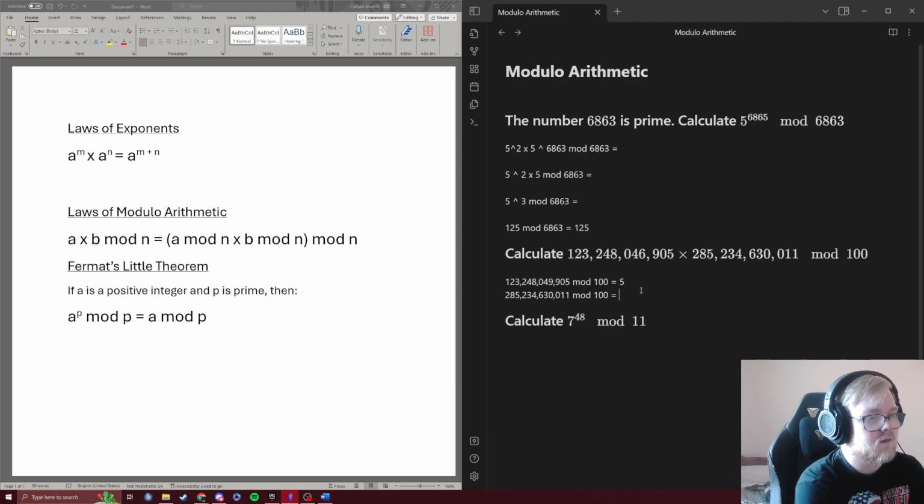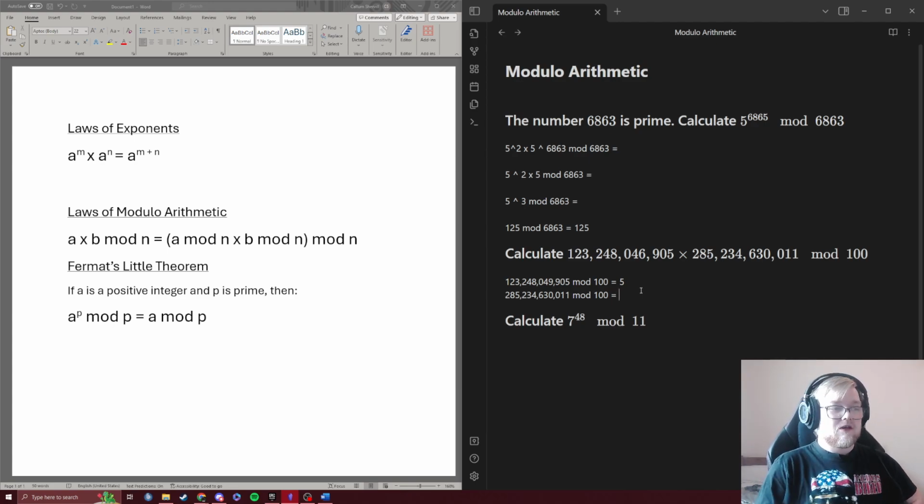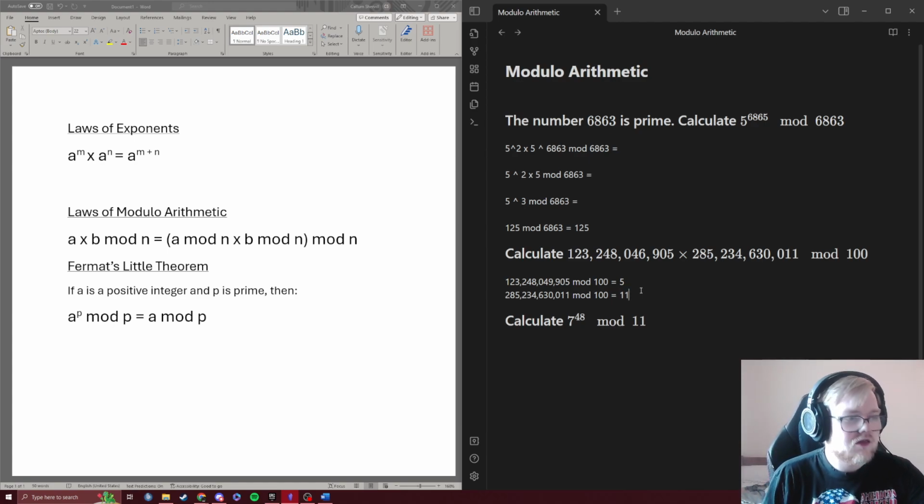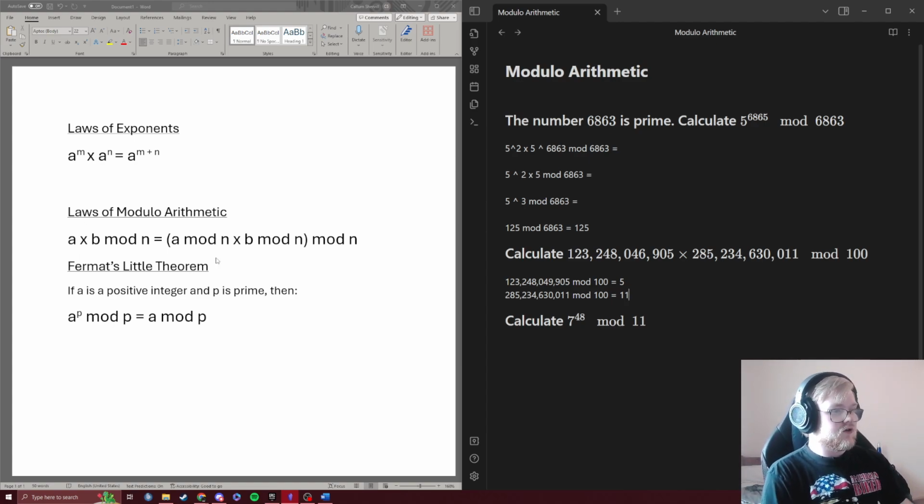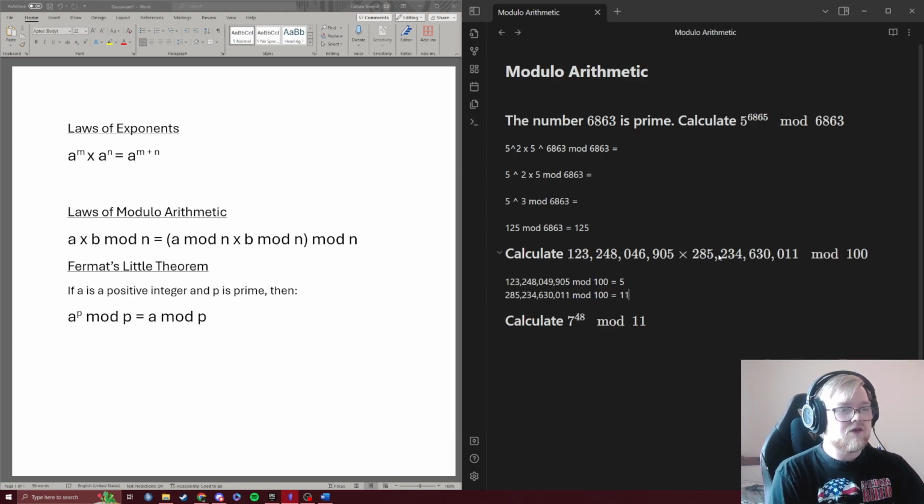Once again, the same thing applies. You take the last two digits, because if you try and divide this big number by 100, the little bit left over is the remainder. So 11. And because of the law of modular arithmetic, all of this big multiplication, mod 100, you can mod